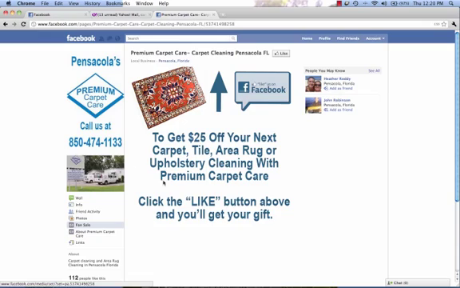Now, the thing is, this actually has something where it's not just, hey, like us and you'll feel warm and fuzzy. It's actually got something that they're going to get out of liking us. So the amount of people that actually come to this page and like us is significantly more than just the people that come to the page and don't like us and go away, because sometimes people will do that. They'll come to the page and look at it, but here they've actually got some involvement, and I'll show you how that even works, because it calls them to action